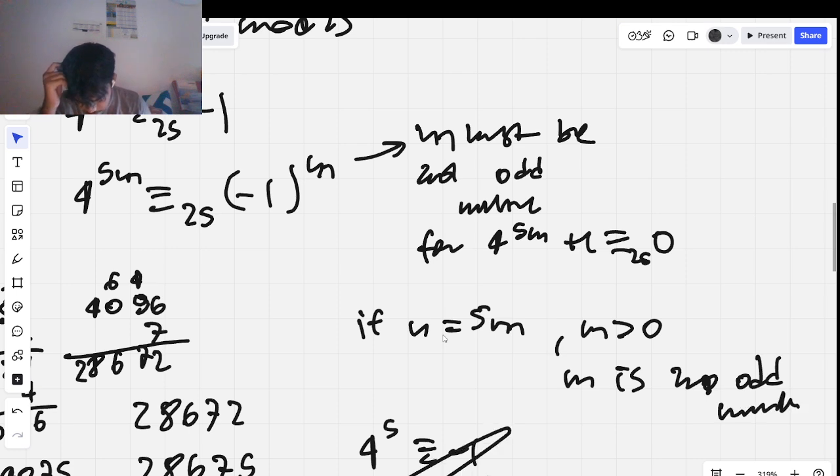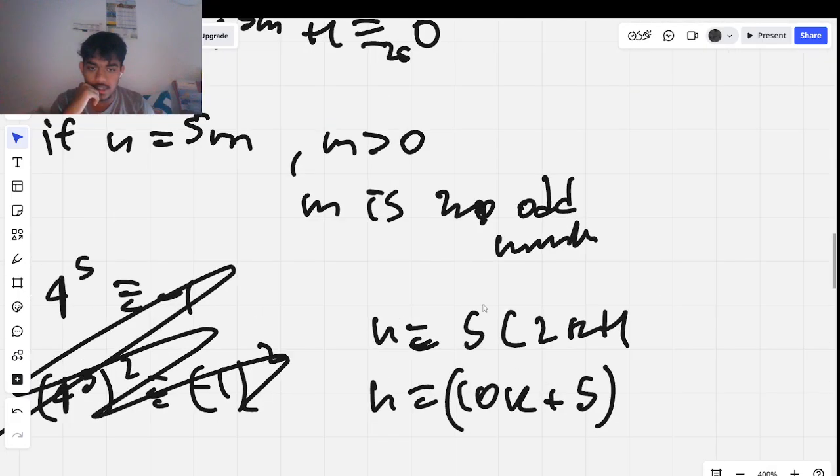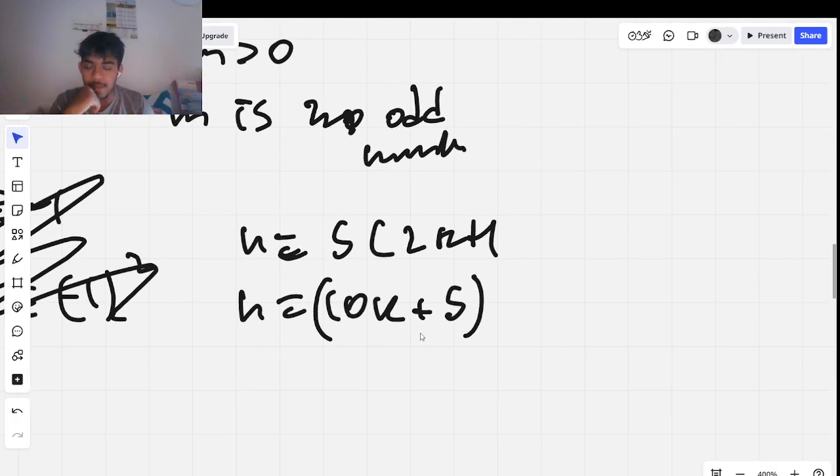So this is not true. So n must be, you can write it as 2k plus 1, n is equal to 10k plus 5. That's my final answer. If n can be written as 10k plus 5,